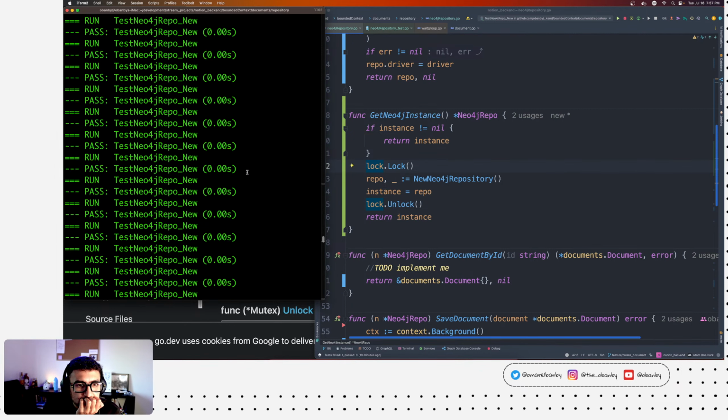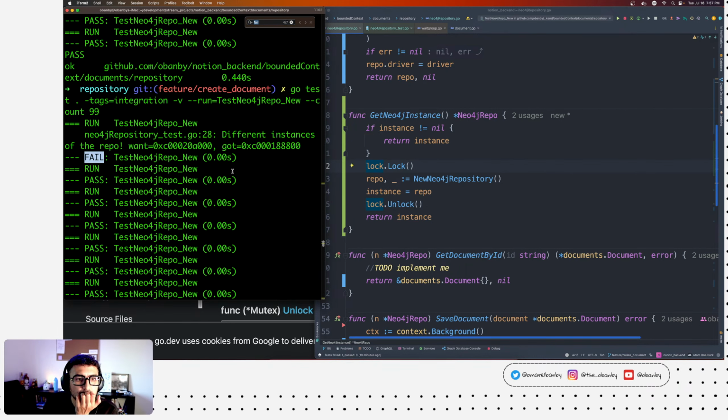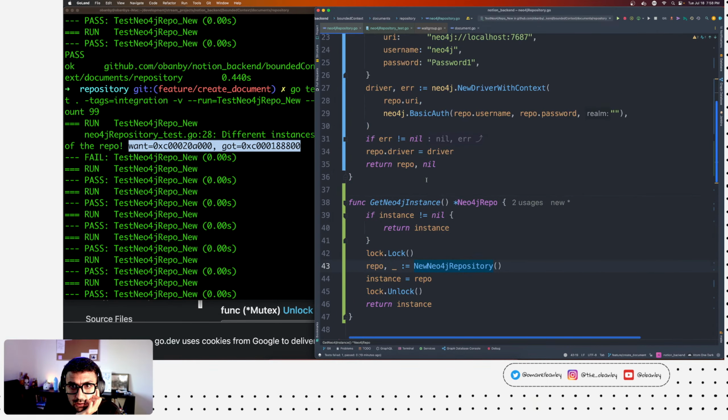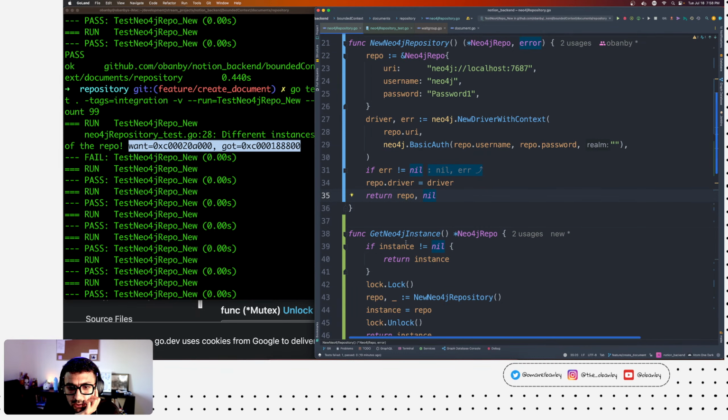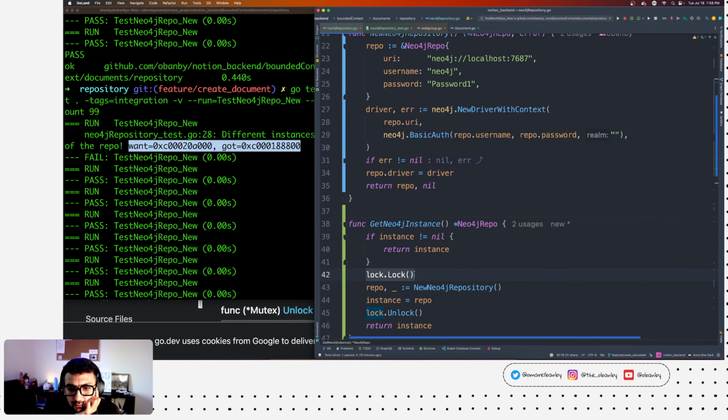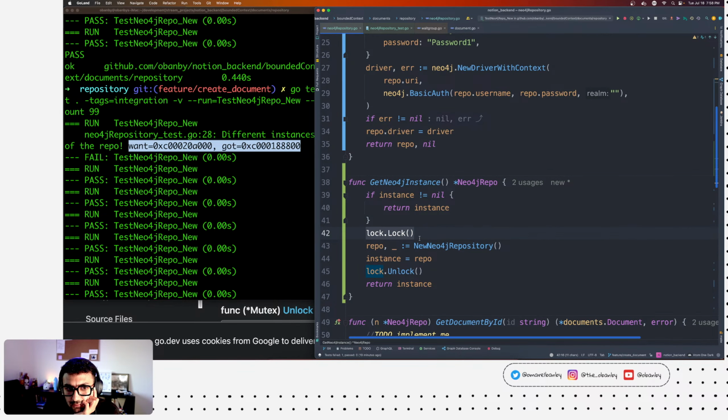Like, you see two different instances here. Not cool. Create the repo.